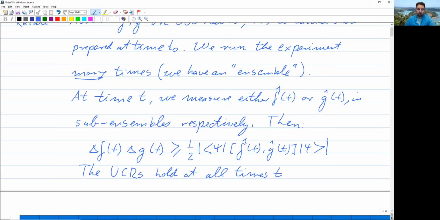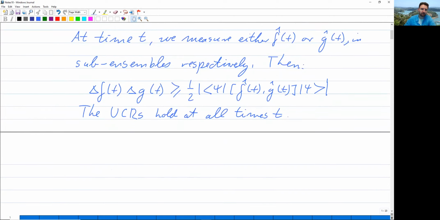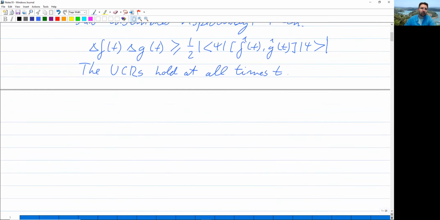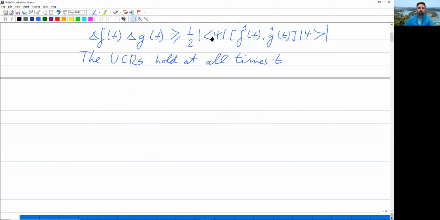Okay, so that's all good and fine, but there is, in addition, another type of uncertainty principle which does not fit that scheme. An uncertainty principle which is concerned with the dynamics instead. See, this is a static uncertainty principle. It relates stuff at one time to each other, the uncertainties and the means at one time. That time is arbitrary, but the uncertainty principle itself is not concerned with the actual dynamics.